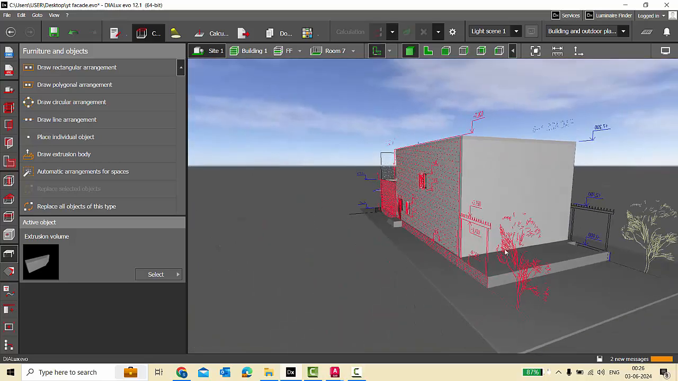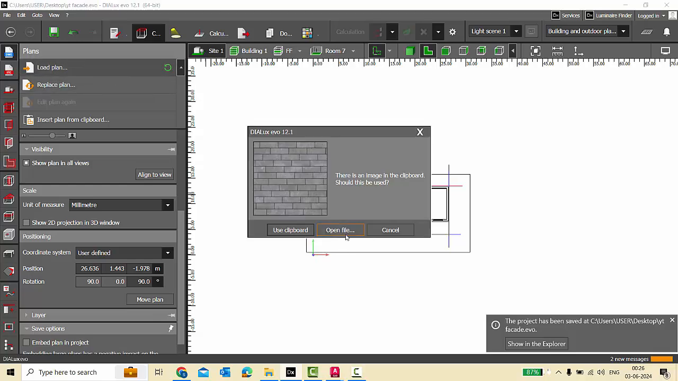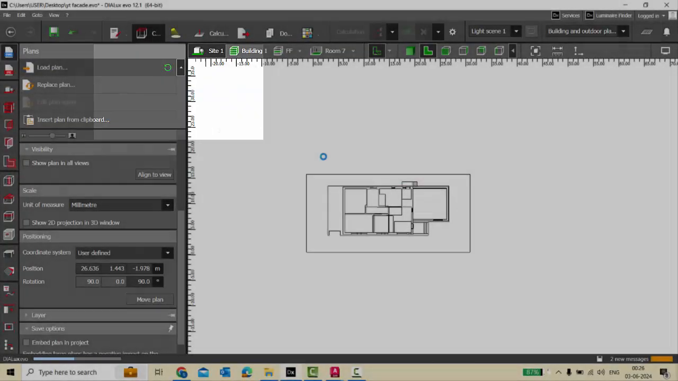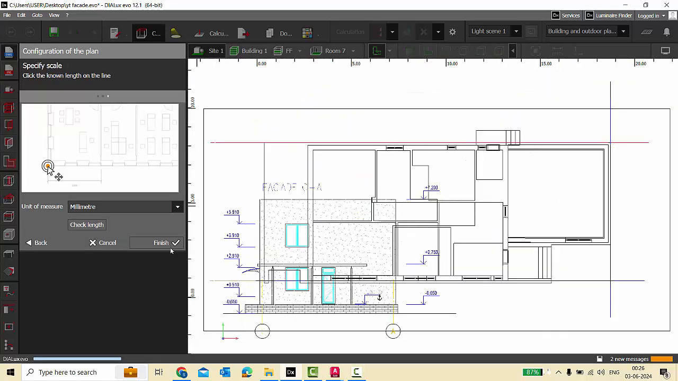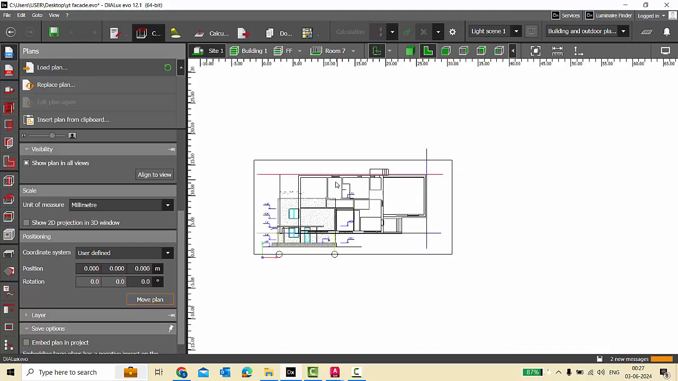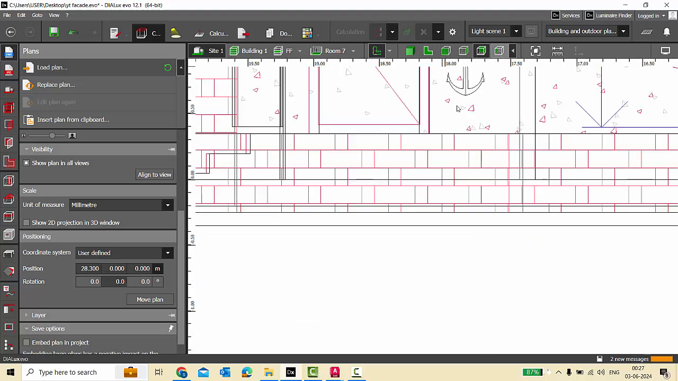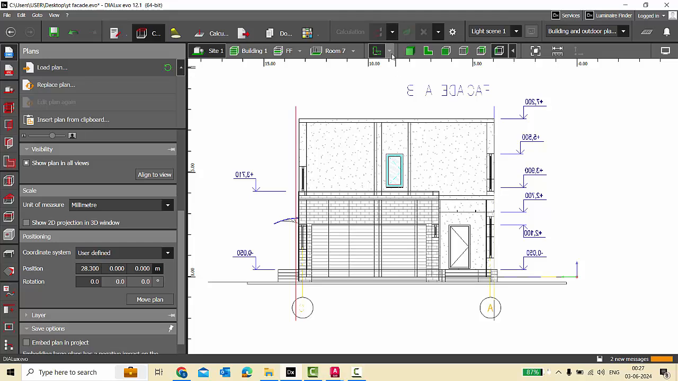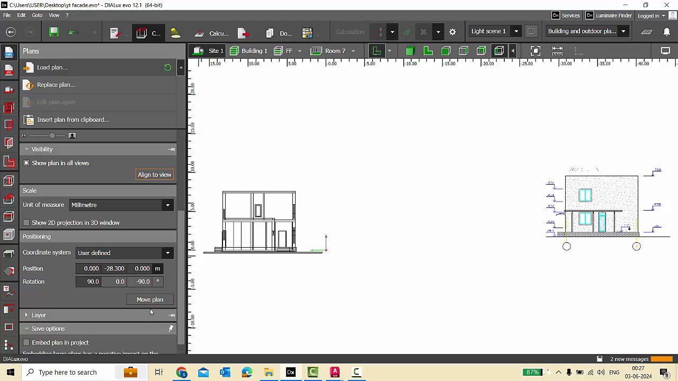Rear elevation, this side. So I'll go to the plan view, drawing, load plan, open file, elevation 4. Next, units are in millimeters. Finish. We will move the plan a little bit away from my main plan, and then I'll go to the elevation. Make sure you have selected only the elevation drawing you have marked. This is my rear elevation. Align it to the view, move plan